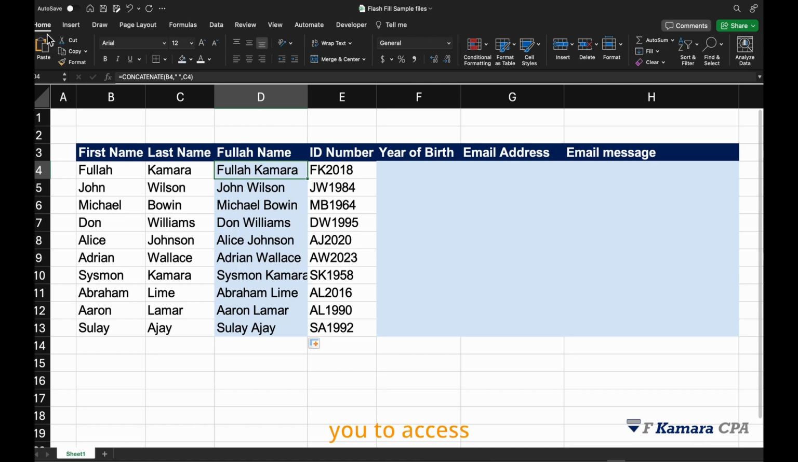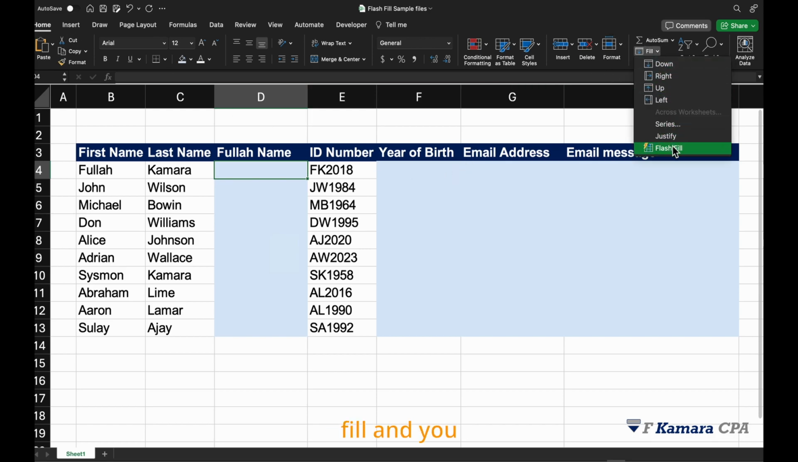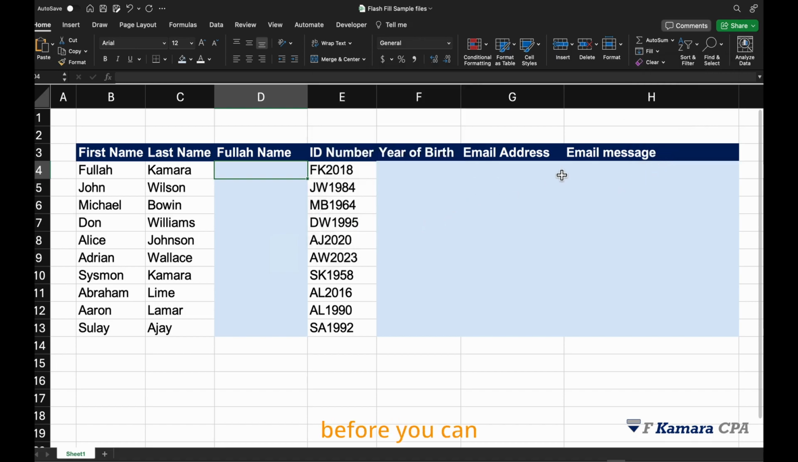So to access the flash fill, you can just go to the home ribbon. So let me just delete because these are formulas, right? But let's say we wanted to use the flash fill. So using the flash fill, you don't have to use a formula. So you just go to the home ribbon and then select fill, and you can scroll down, you can see flash fill. So before you can use the flash fill, you have to give Excel an example of what you